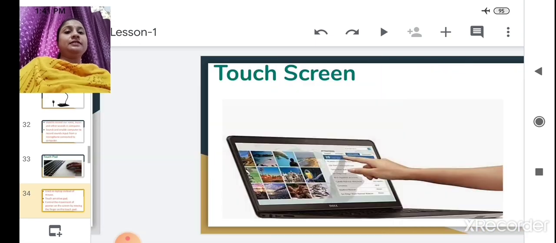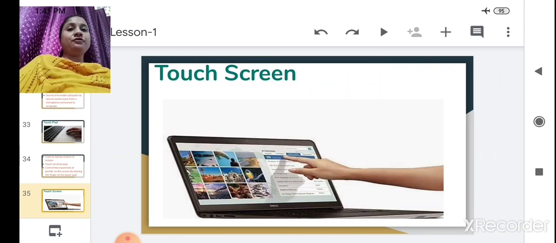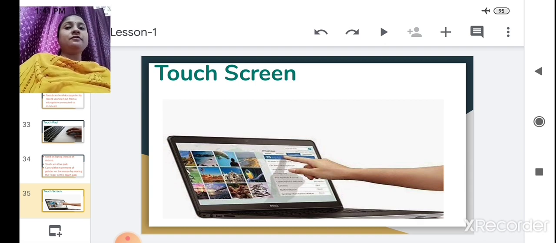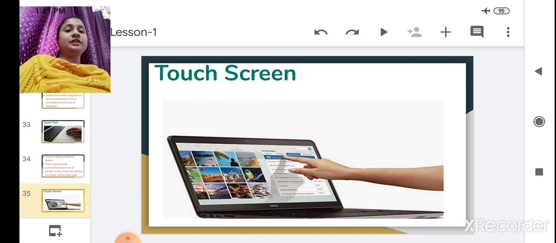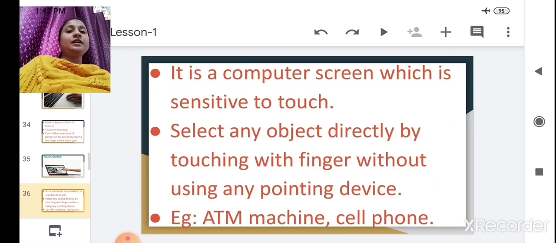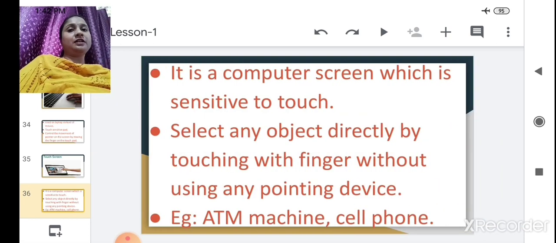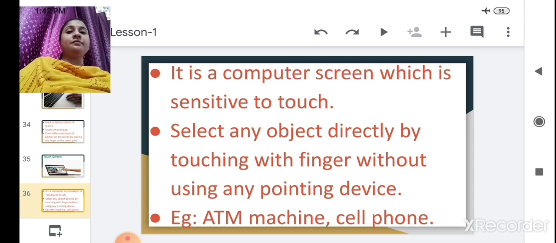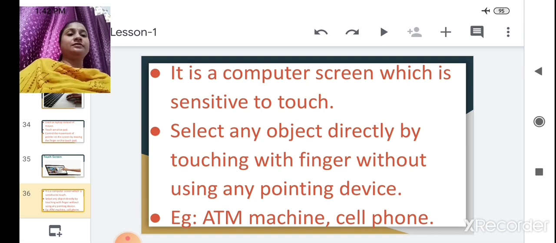Got it? Next we have seen the touch screen. All of you know the touch screen. Nowadays your mobile is also a touch screen. By just clicking with a finger, any item on the screen will open. So this is also one type of input to the computer. By touching it the file will open or close. It is mostly used in cell phones. Nowadays smartphones are touch screen only. And we have also seen this in the ATM machine. By touching it we can process our transactions, right?